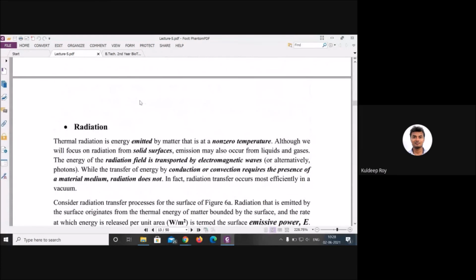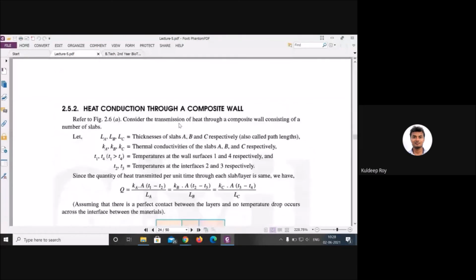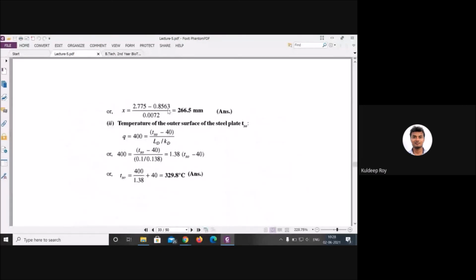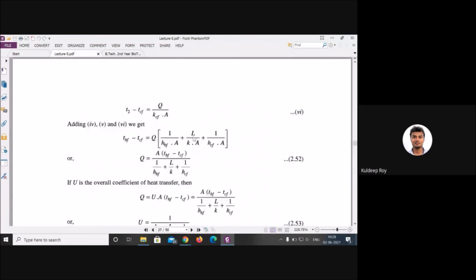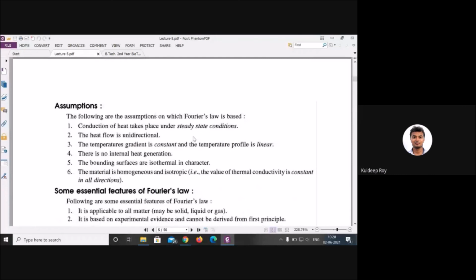In the next class, we will talk about radiation. One more request, please read once, and if you find any query, just let me know. One more announcement: read your first and second unit, because I will probably set all the questions from that segment only. Just read the notes very carefully, then only you will be able to answer. Just keep that in mind.